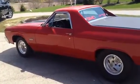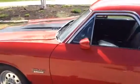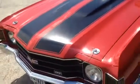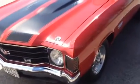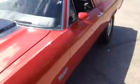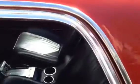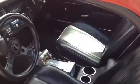As you can see, again, the body is beautiful. SS-style stripes on the hood that are flat black that match the whole theme of the car. New grille, different headlights. Bumpers were all redone on the car. Bucket seats out of an SS. As you can see, here's a Kilduff